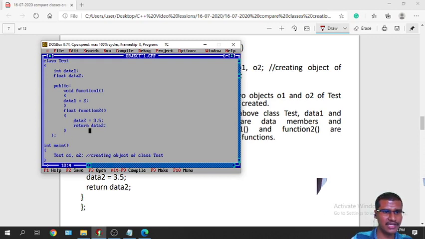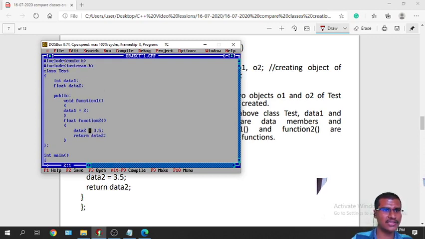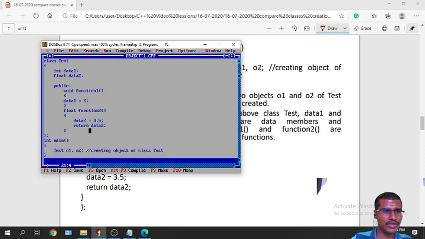Once everything is clear, the class test ends with a semicolon, and in int main, test o1, o2, this is creating objects of the class test. But where am I creating the object of the test class? Outside the class, after the class definition.